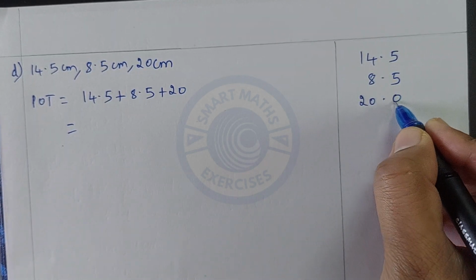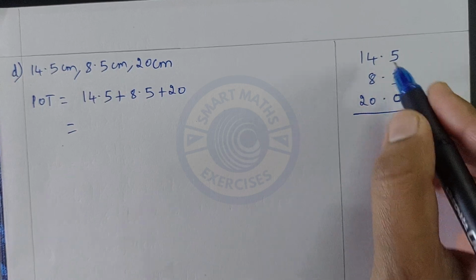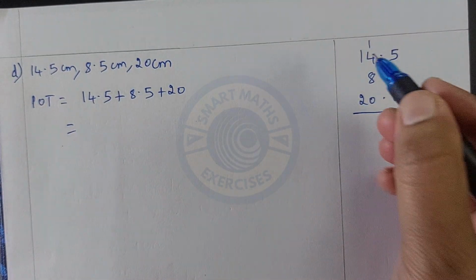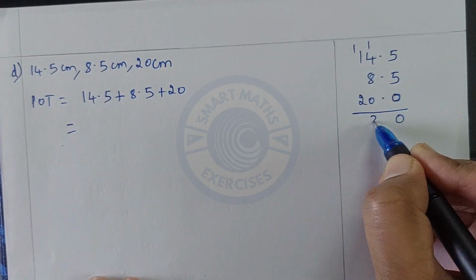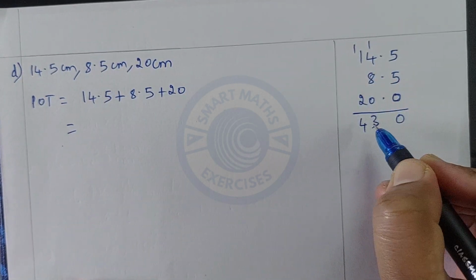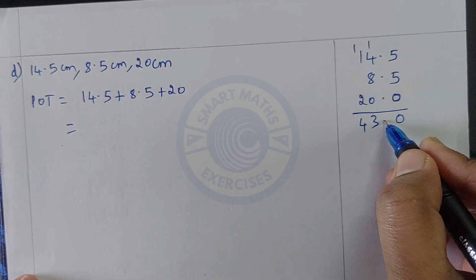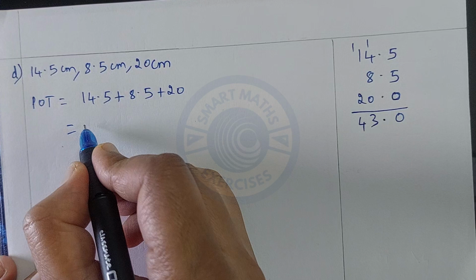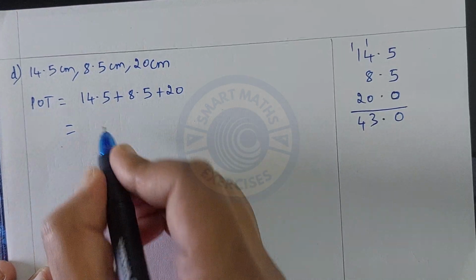We don't have anything here, so we write 0. 5 plus 5, 10. 4 plus 8, 12 plus 1, 13. 1 plus 1, 2. 2 plus 2, 4. So we add this decimal point. Since we have 43.0, we can omit 0 and write